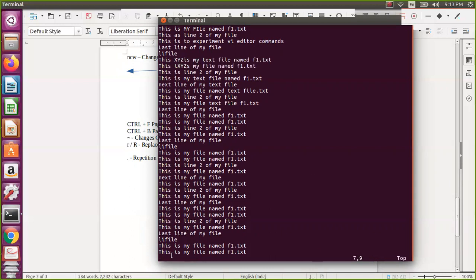So whenever you press i or a, it will take you to the insert mode. Small i I pressed, and then small a I pressed. Now I am pressing capital I and then XYZ. Then I will come to this cursor and press capital A, then XYZ. So you can check what happened.